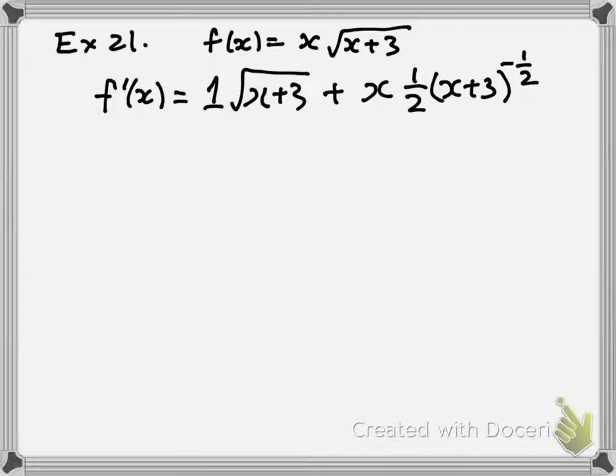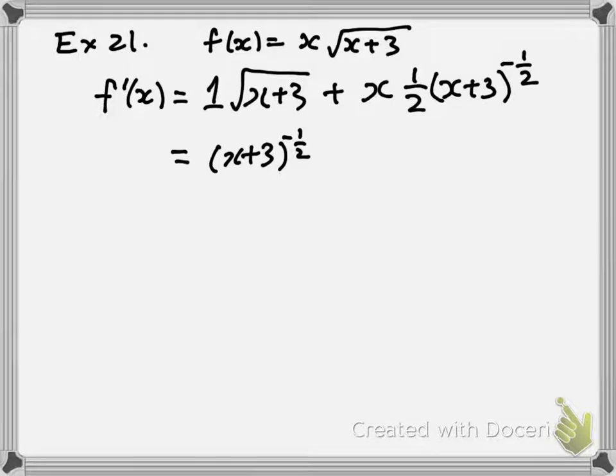Now, you might think, maybe I'll just leave it like that and continue with the product rule. That will be okay, but simplification for the second derivative might be something horrible. So you might want to simplify now. If I were to simplify now, I see that the common factor is x plus 3 to the negative half,